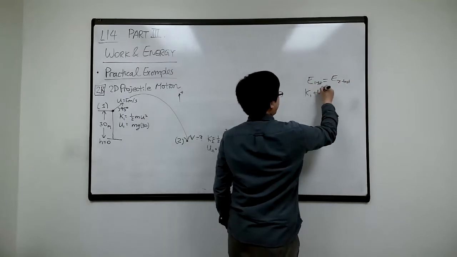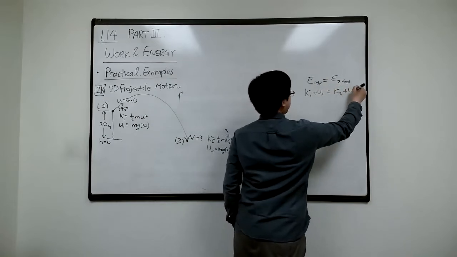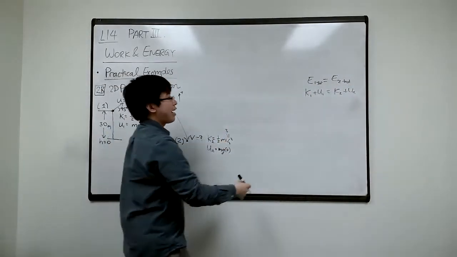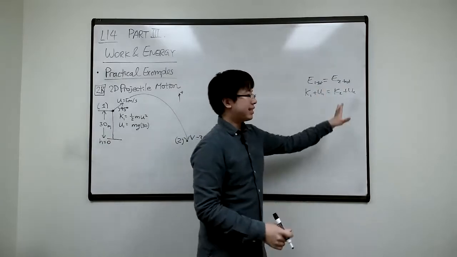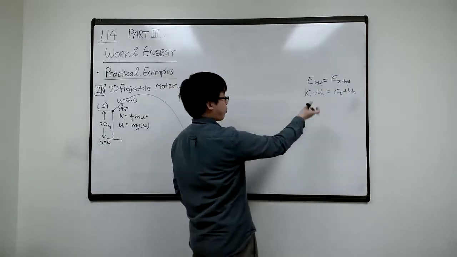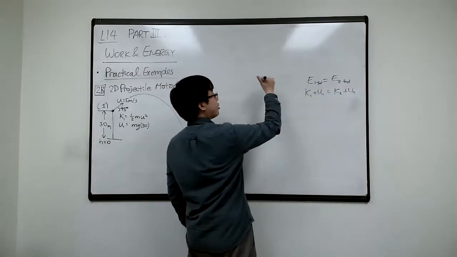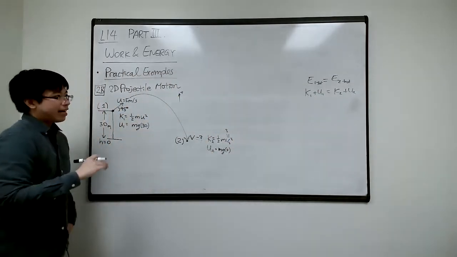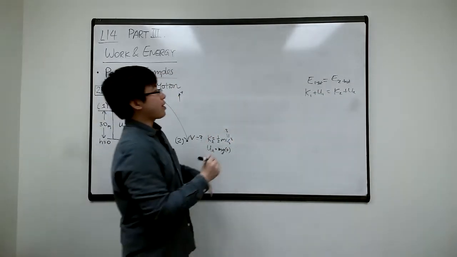So K1 plus U1 equals K2 plus U2. And then just plug in everything and do that. I know you can do this. This is in some sense more straightforward, but I want to also train you to think about it differently, because both have their benefits and disadvantages. Looking at its change,